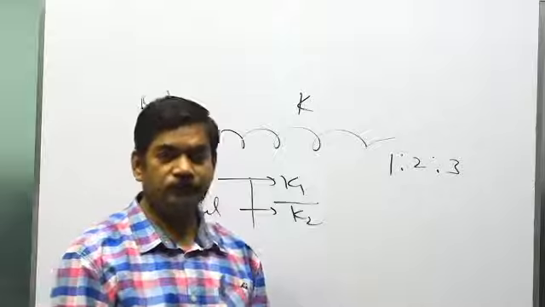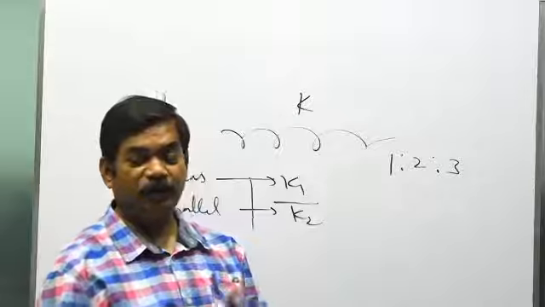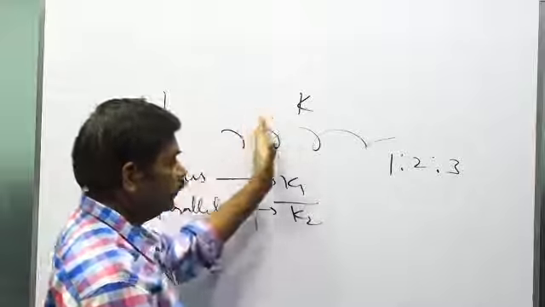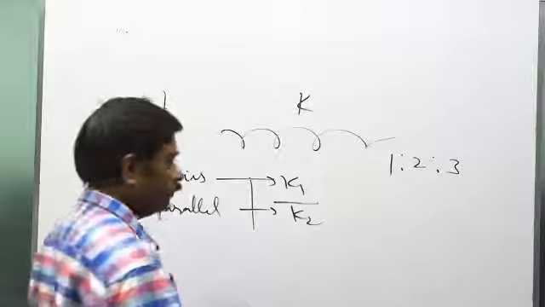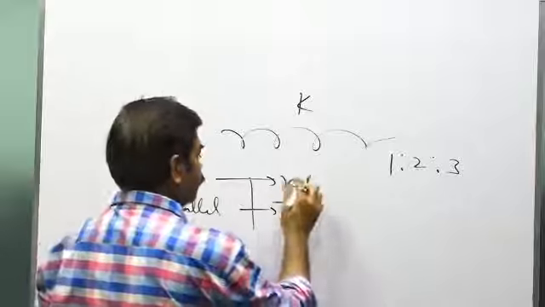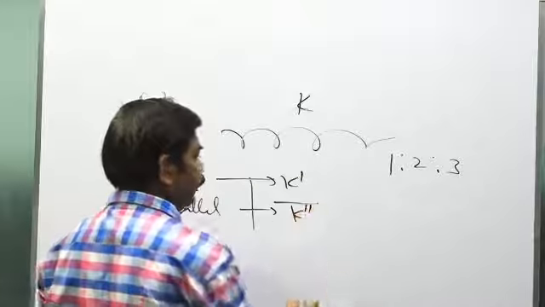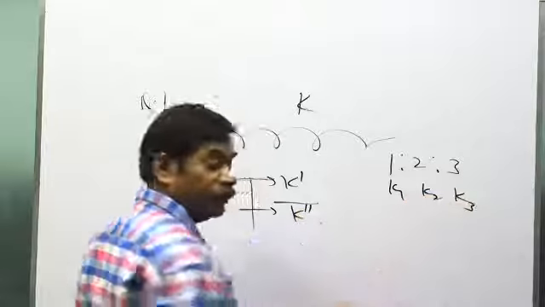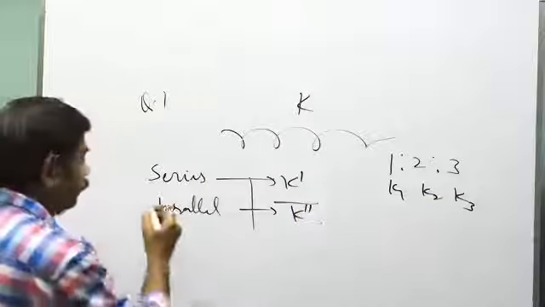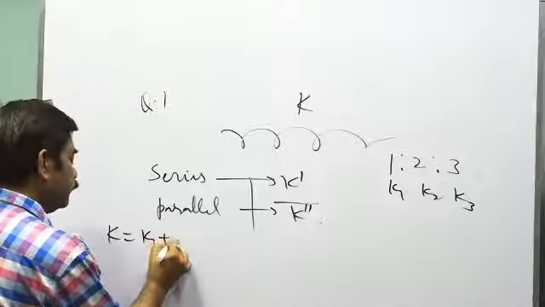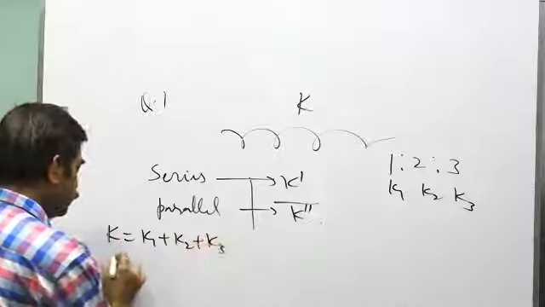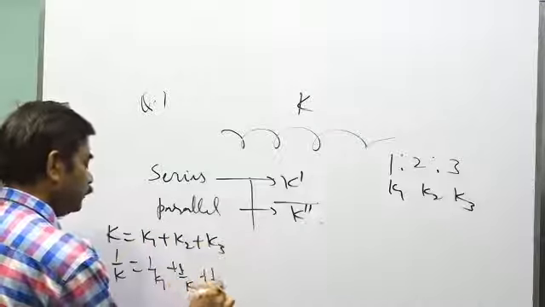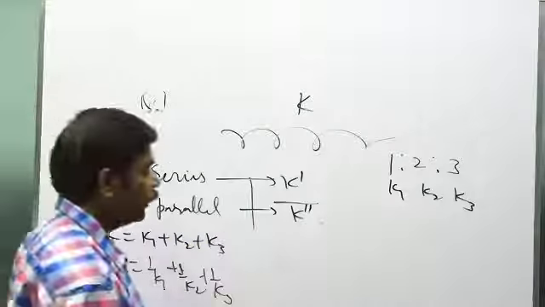One thing, see how it can take more time. Someone calculates that there are 3 parts with force constants K1, K2, K3. Is that clear? You know that in parallel, the formula for K is K1 plus K2 plus K3. And in series, 1 by K is equal to 1 by K1 plus 1 by K2 plus 1 by K3. Is that clear? Now see how to calculate K1.